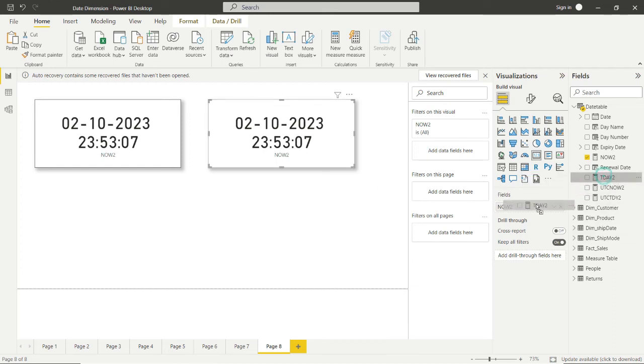After that we'll put the TODAY function here. This is 2nd October, today's date and time here.